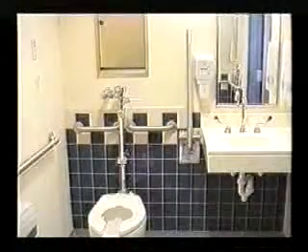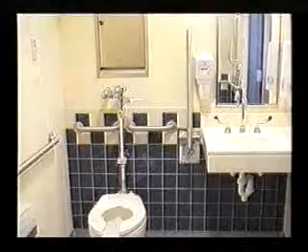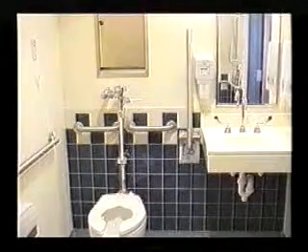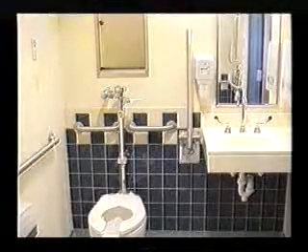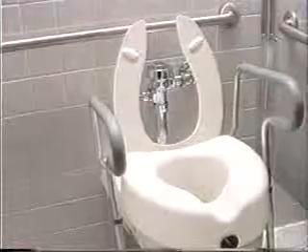Many facilities have a bathroom in each room. Some of them share a bathroom between two rooms. The toilet, sink, call system, and mirror are standard items in a bathroom. Sometimes you will have a tub and a shower in a bathroom, but that is not always the case. Handrails are always attached to the toilet